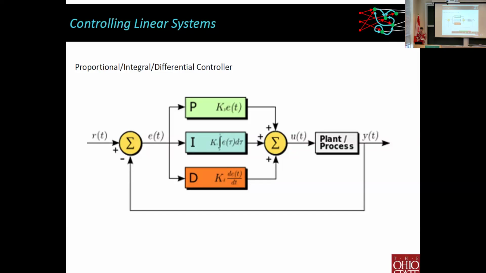E of t is just the error, the difference between where you want it to be and what it's currently doing. So you have some gain factor k that's just related to the error. So this is the proportional part of it. You can take a derivative of that error, multiply it by a gain factor for the differential gain, and then you can also integrate up that error over a long time. And you sum all these to try to control the plant.